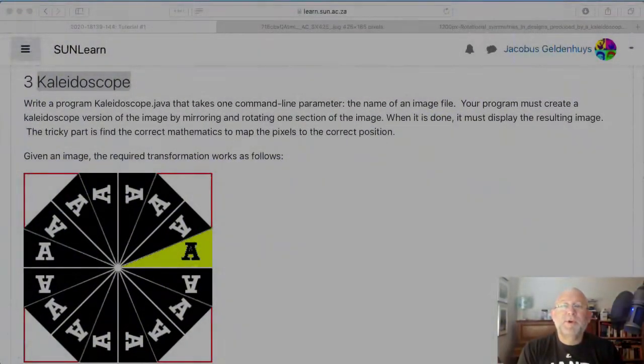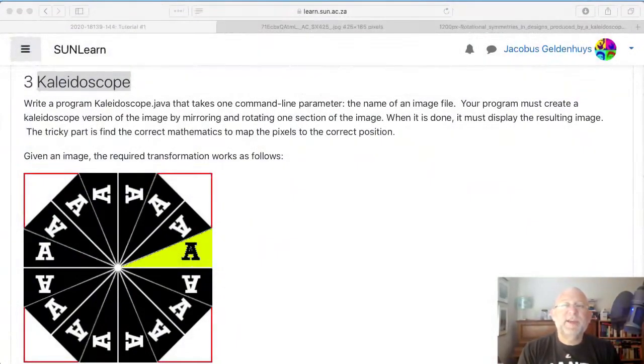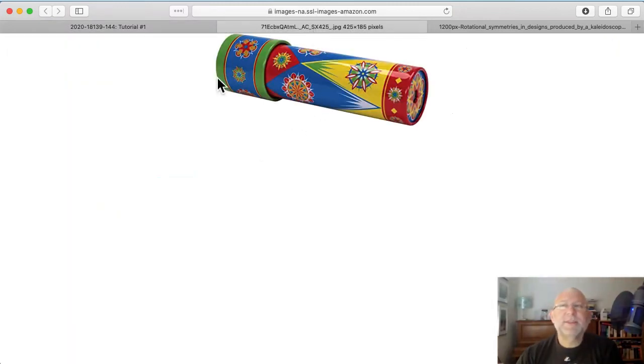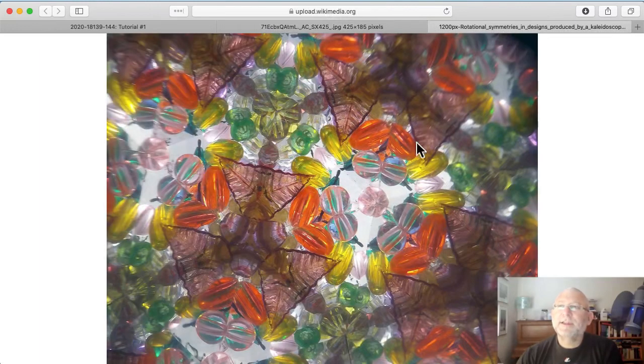Right, more live coding. This time it's problem 3 of tutorial 1 called Kaleidoscope. I don't know if you know what a kaleidoscope is, but essentially it's a kid's toy. It has some serious uses, but I think it's more common as a toy. Essentially a tube like this, and in the one end there's a small hole that you can look through. The other end has a rotating part that contains loose crystals, and if you look through the hole you'll see